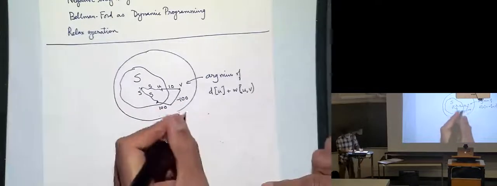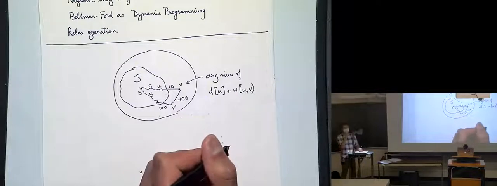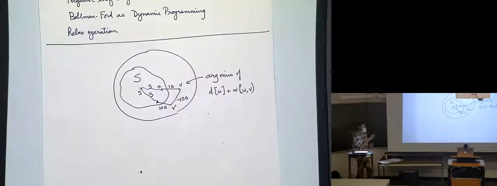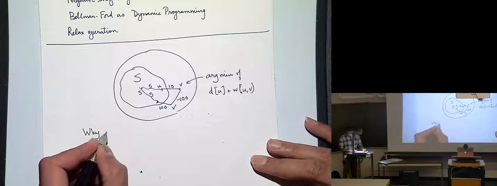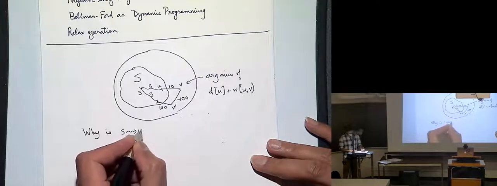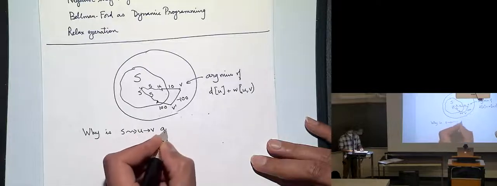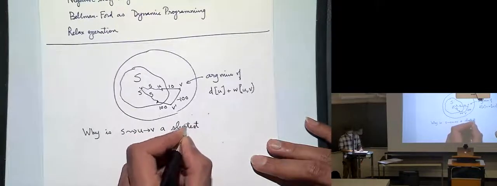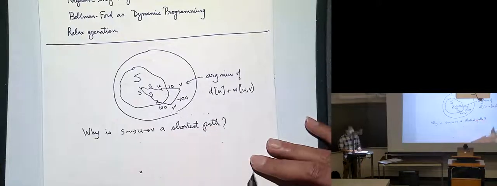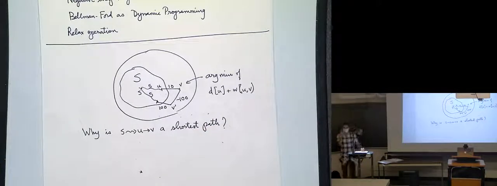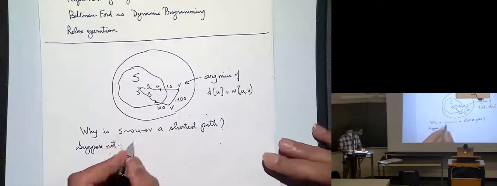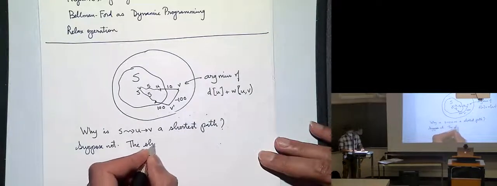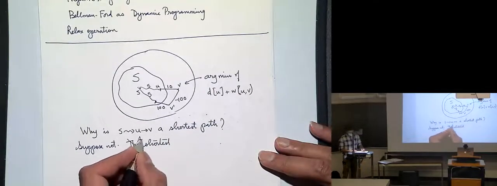So meaning, let me call this V prime. The reason why this is useful is that if you understand this, the proof for Dijkstra is also pretty easy. So this is like saying that S to U then to V is our shortest path. I'm not writing a proof, I'm just giving the argument. By contradiction, suppose not. So the shortest path, I should say a shortest path